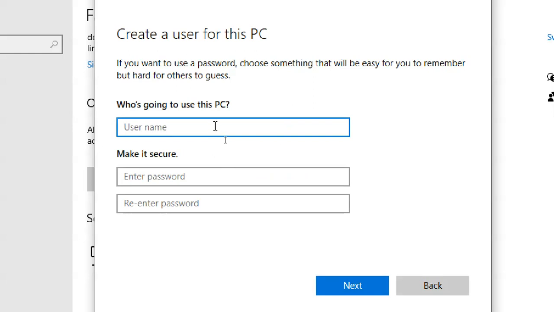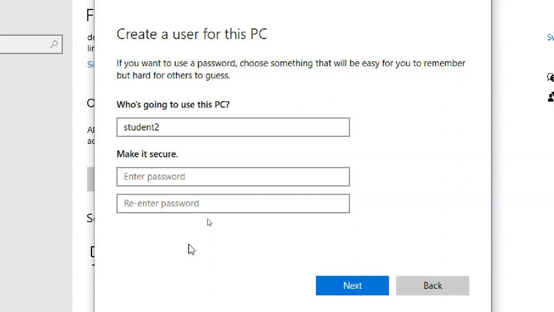So, username. I choose my username as student 2. You can use another username, but remember what username you are using. So I created student 2. I don't want to give any password for this one.